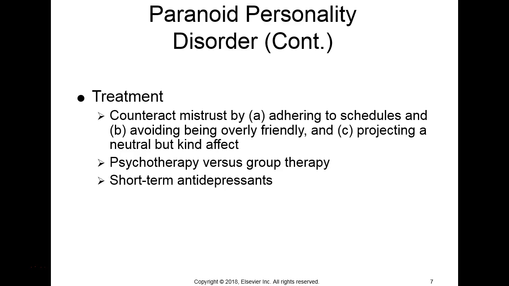If you can get the person there, it can be a good reality check, because for the example in your book, if somebody is paranoid and they say, I think the group leader is singling me out, perhaps the other members of the group can give a reality check and say, well, no, the group leader is really trying to get all of us to talk about this issue. But sometimes it is just definitely hard to get them there. They might need some medication to help, especially if they have some depression type features and or anxiety. Some anti-anxiety agents can also be helpful for somebody with this.